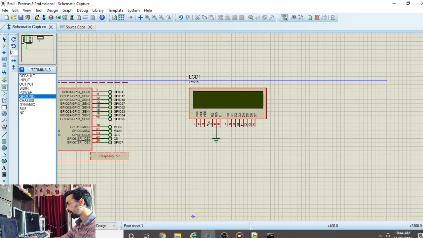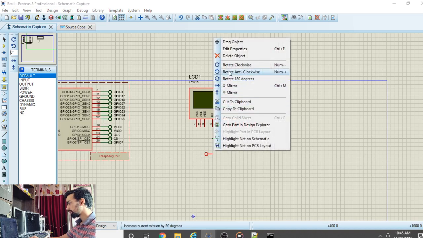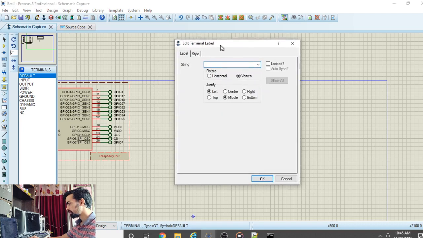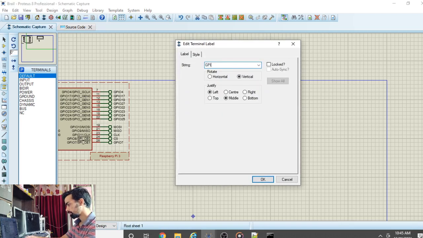After that, you need to connect the RS pin to GPIO4. Go to terminal mode, then Default, and place that pin here. Right click on this pin, rotate anti-clockwise and place that pin in front of the RS pin, then connect that pin to the RS pin. Double click on this pin and give it the name GPIO4, click OK.